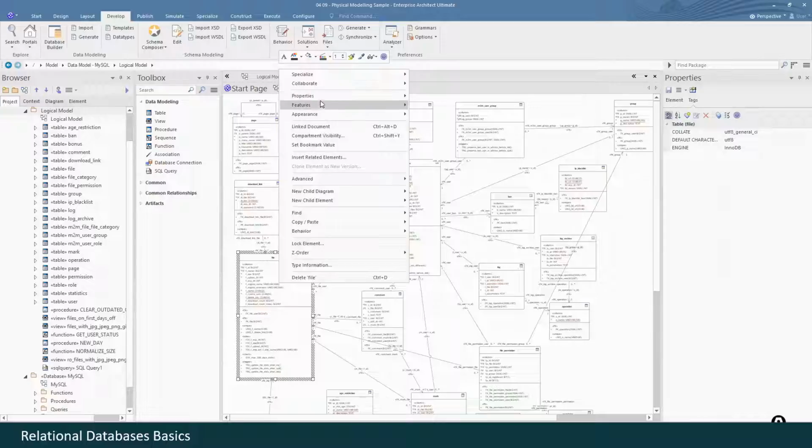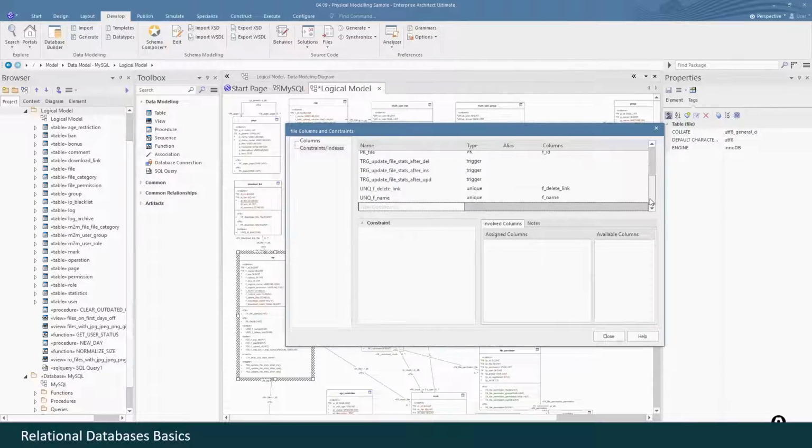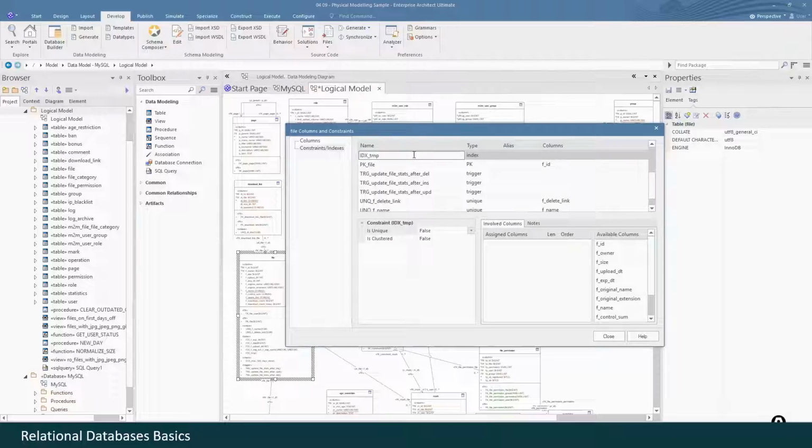We may click Features, Constraints Indexes, and we see a lot of indexes already here. If I want to create another, for instance, some IDX, TMP. Okay, here it is. Yes, this is index, and for instance I want to index these two fields. Here it is, all done.